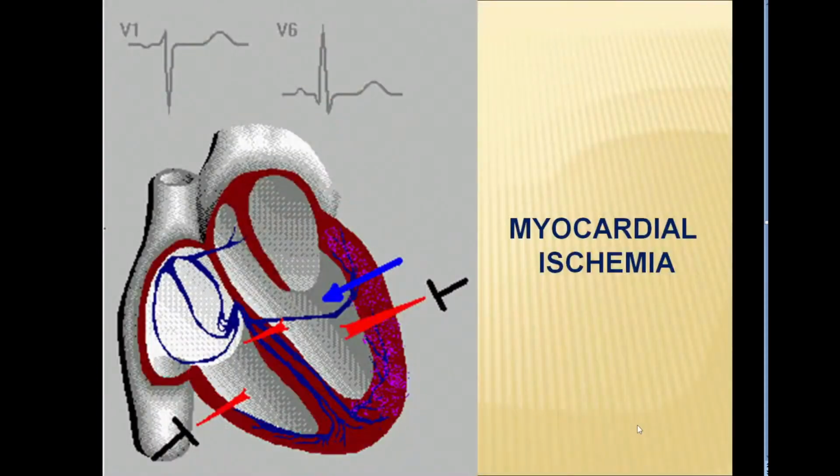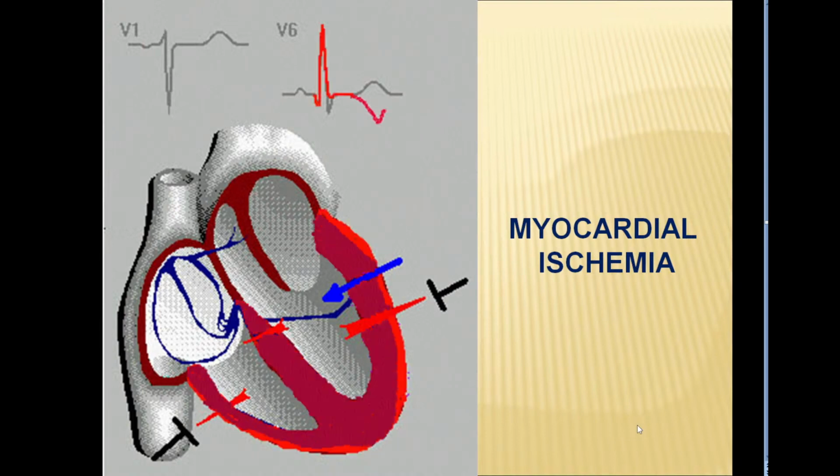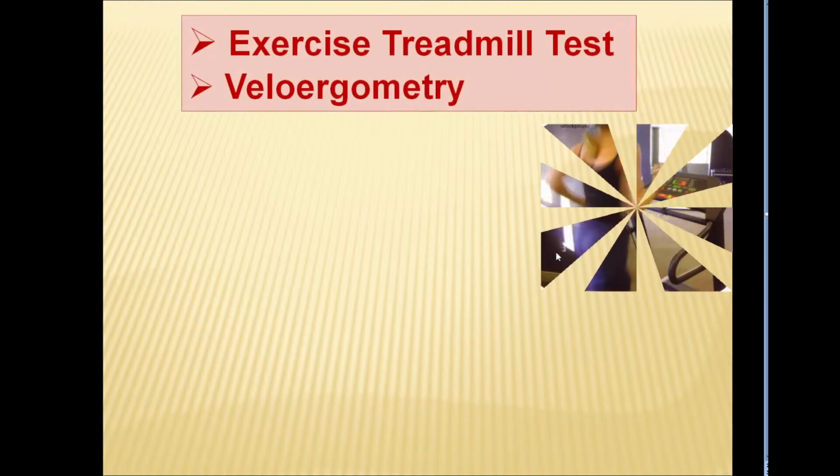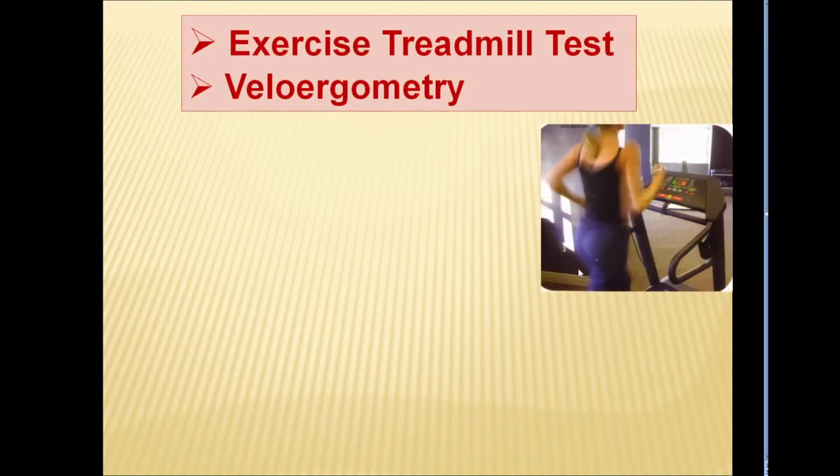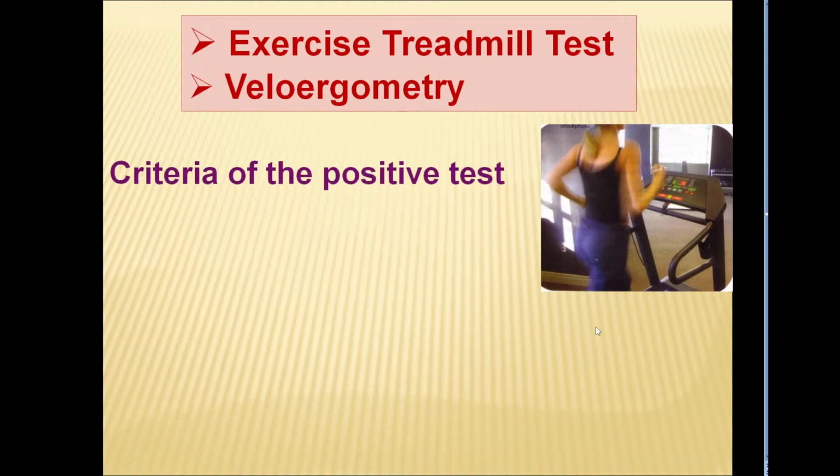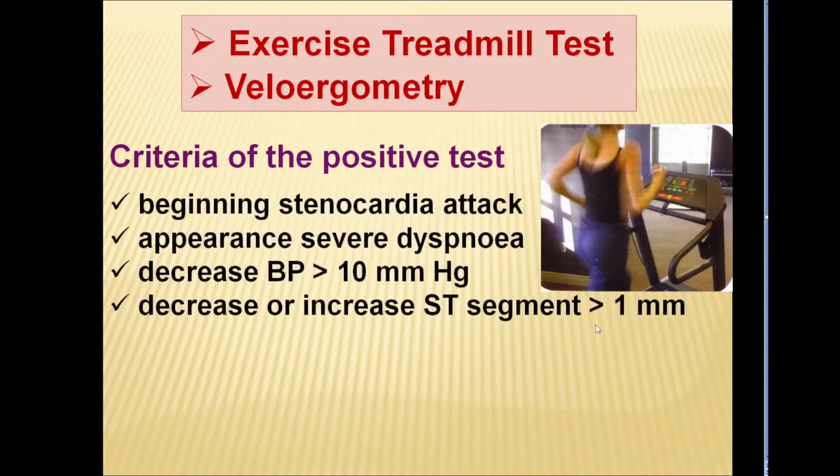And if the patient is examined during the subjectively healthy period, no problems with ECG. You see only short-time displacement of the ST segment and change of polarity of the T wave. Exercise treadmill test and veloergometry give controlled physical exercise depending on age, sex, and weight of the patient, and together with physical exercise we record ECG. Criteria of a positive test: